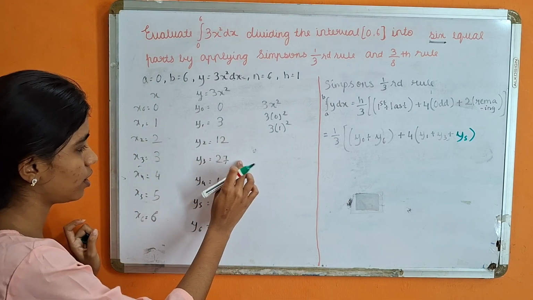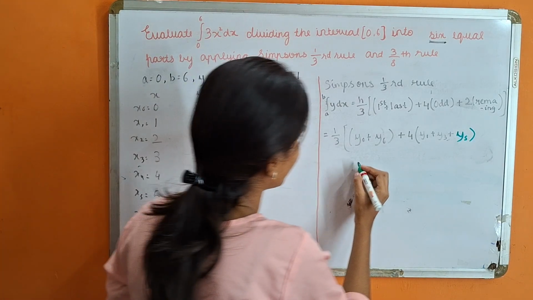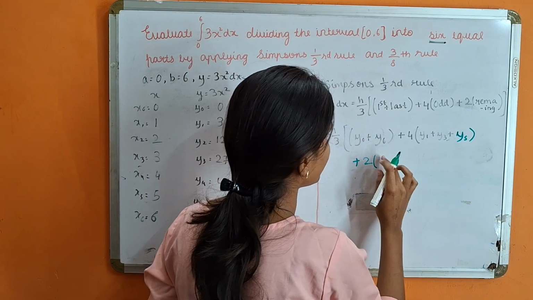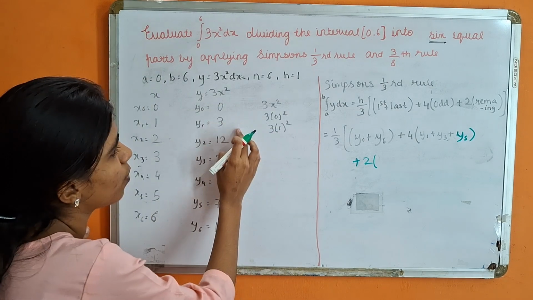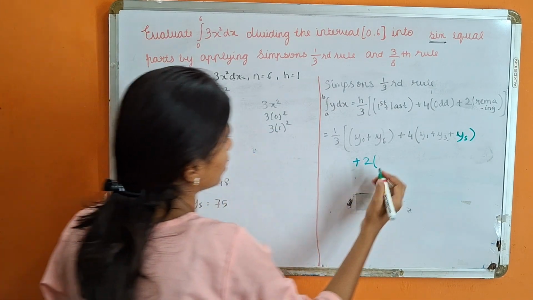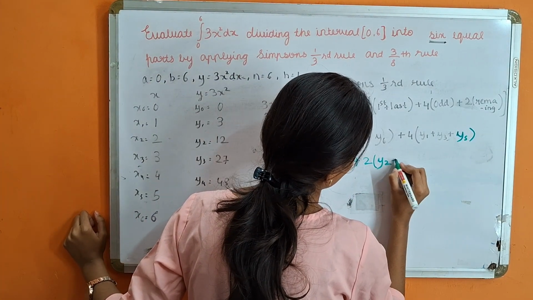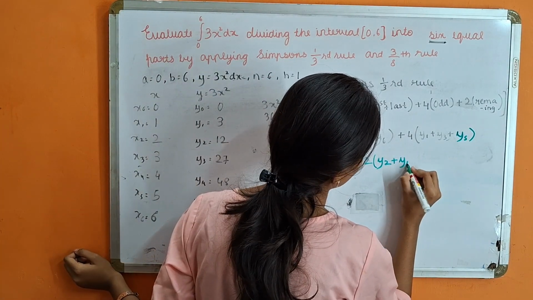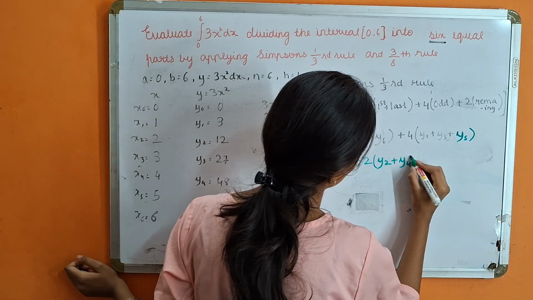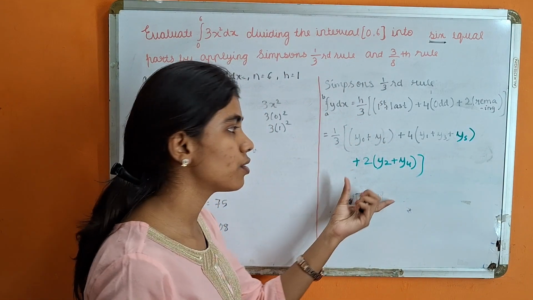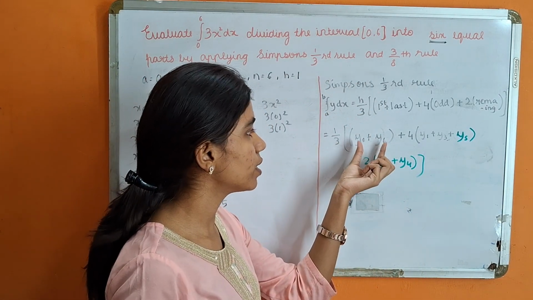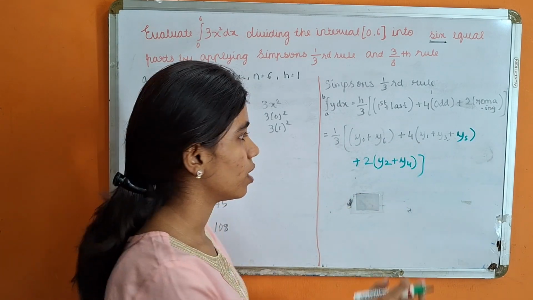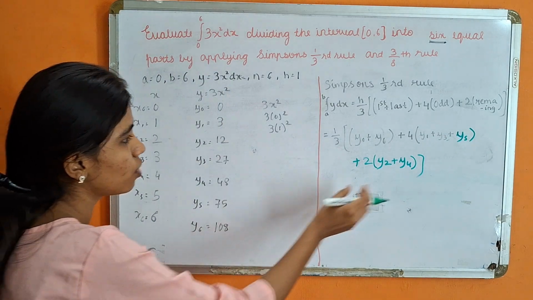y1 is odd, y3 is odd, y5 is odd, plus, now what is remaining? 2 types of remaining. See, y0 is done, y1 is done, y2 is not done, y3 is done, y4 is not done, and y5 is done, y6 is also done. Okay, so you understood, right, how I wrote this. Here you have to write first and last values. Here you have to write all the odd terms, and whichever remaining, except this, you can write it here.